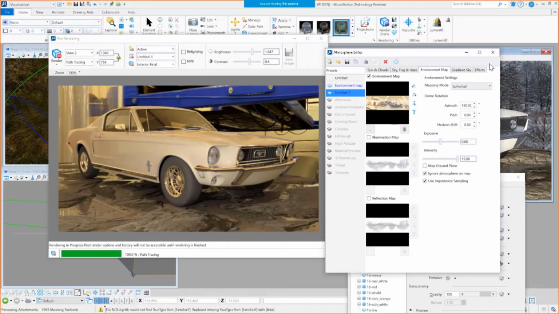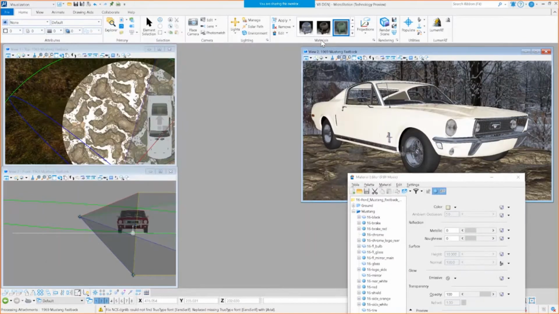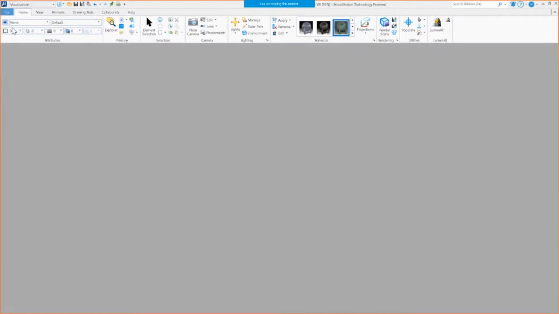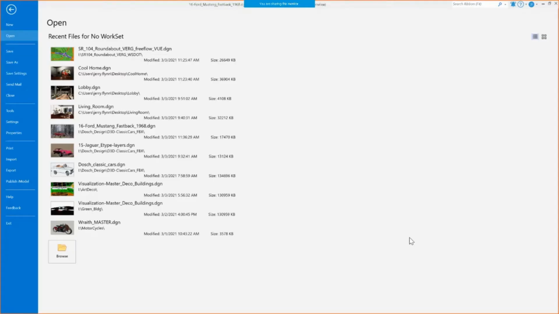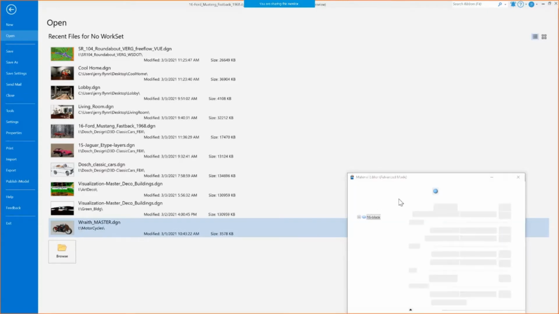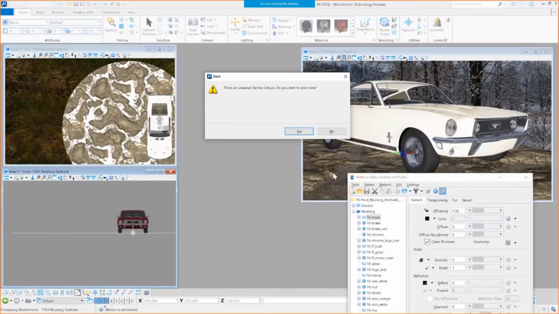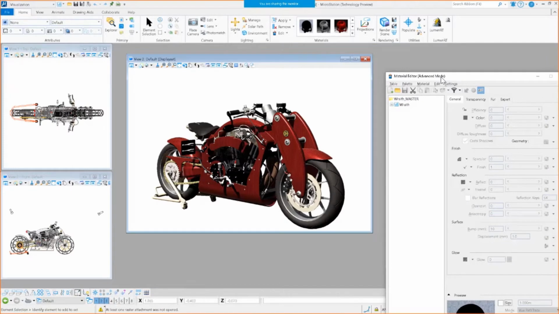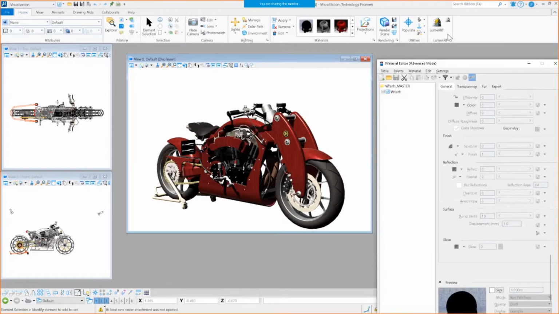Okay, so let's try opening up another scene. And I'll go into this motorcycle file. And this is one I'll render. Okay, so in the document that I posted